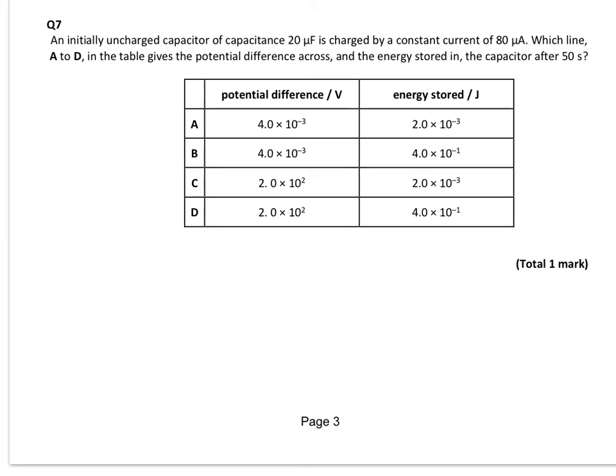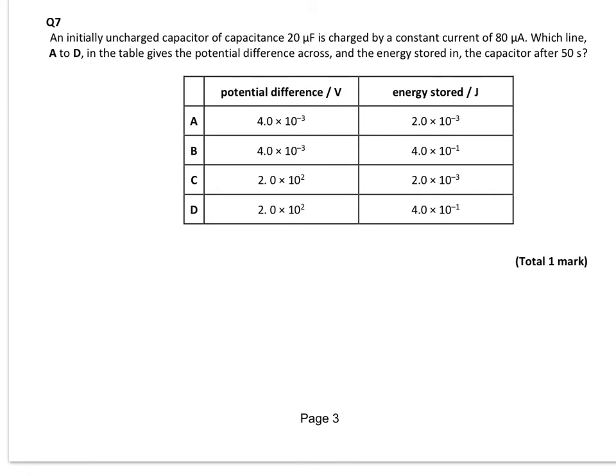Let's move on to question 7. So we've got an uncharged capacitor of 20 microfarads, and it's charged by a constant current of 80 microamps. Which line gives the correct potential difference and the energy stored in a capacitor after 50 seconds? Okay, so we've got